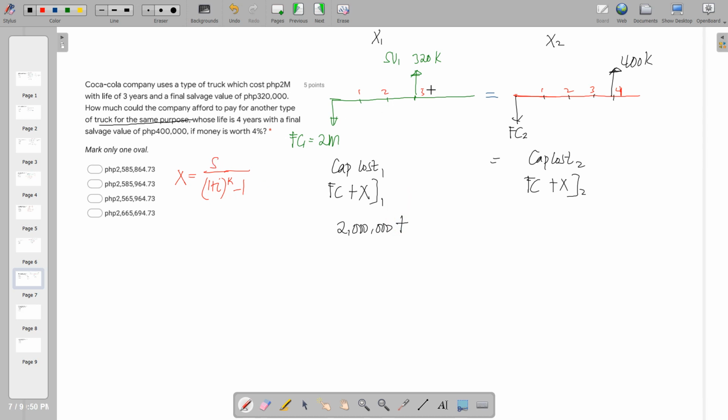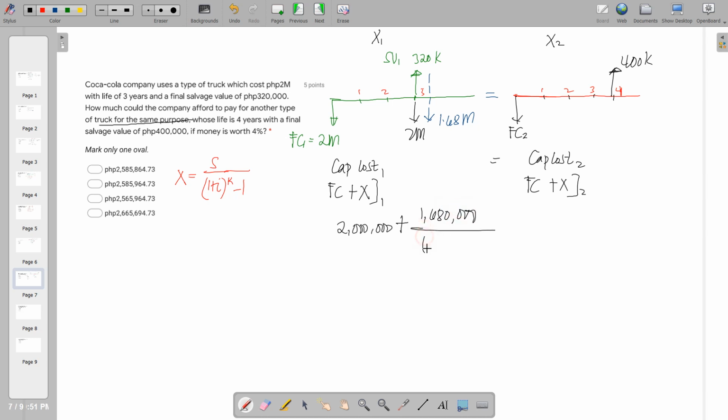So, that's the question. So, syempre, mabebenta mo siya ng 320,000 while alam natin na 2 million. So, the net of this one is actually 2 million minus 320,000. That is equal to 1.68 million pesos. Okay, 1.68. So, we have 1,680,000,